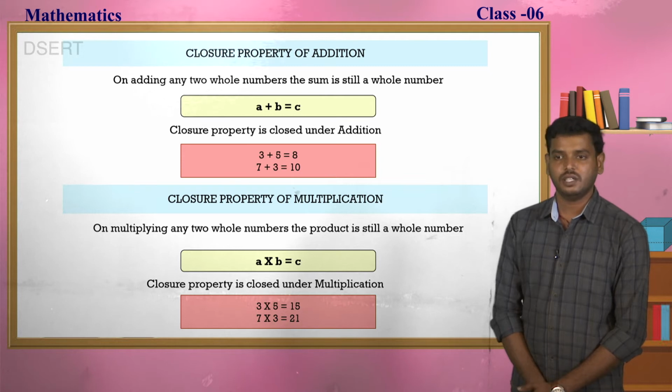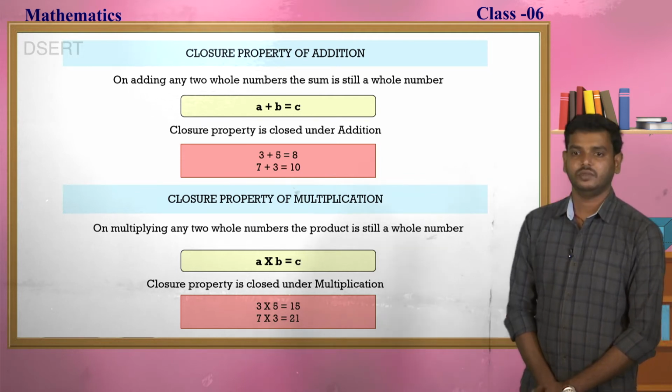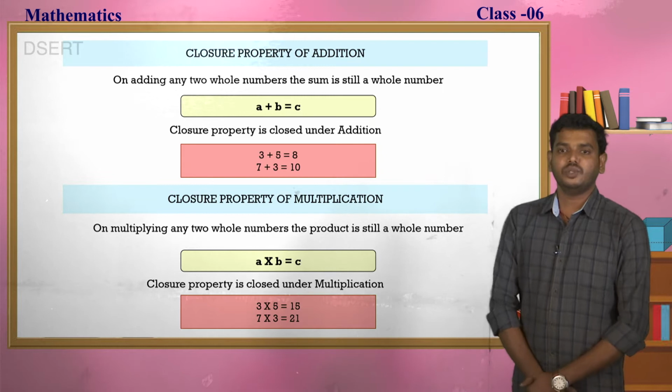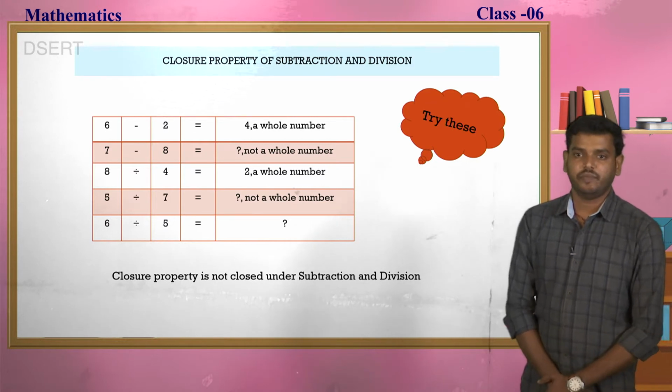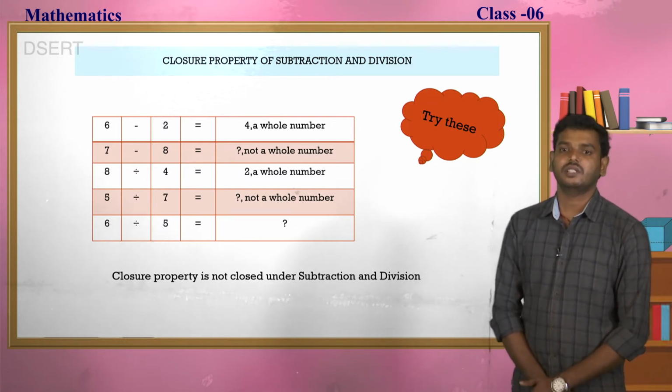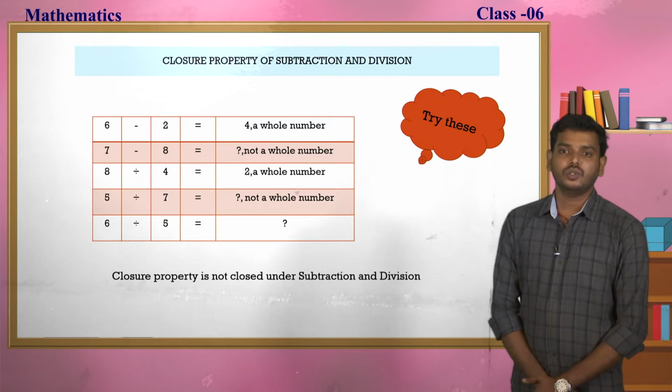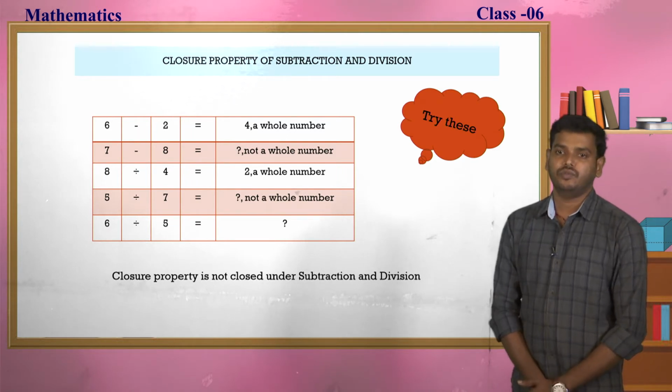The product C is also a whole number. Understood, children? Let us move to closure property of subtraction and division. So, we have a set of examples here. With the help of this, we will try to see whether closure property holds good for subtraction